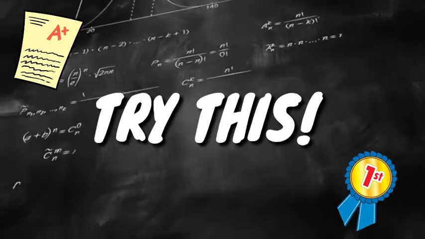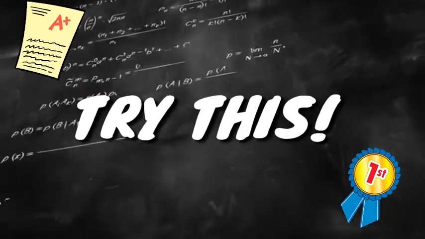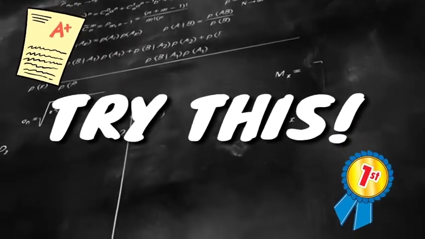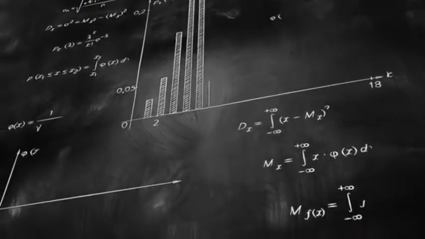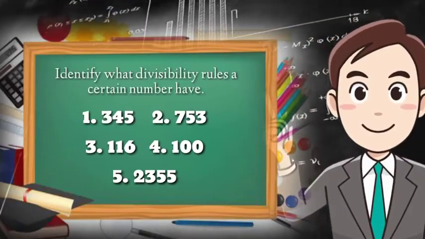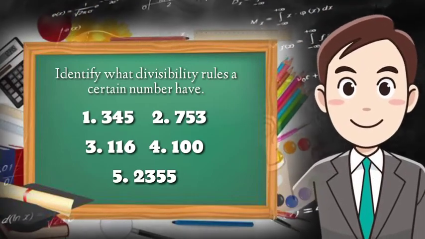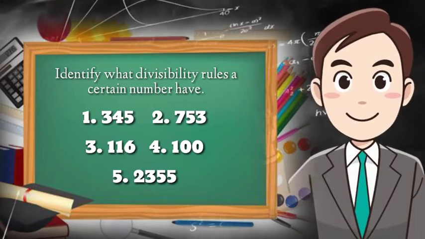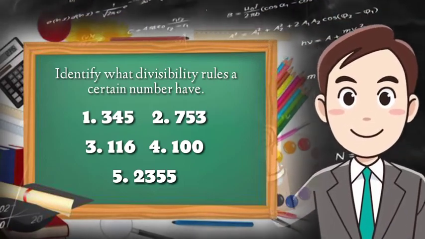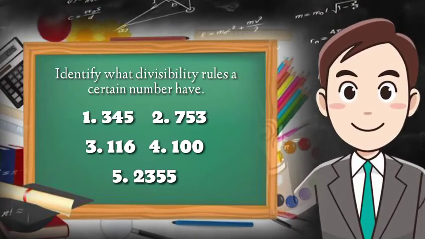So let's try this. Identify what divisibility rules a certain number has: 1,345; 2,753; 3,116; 4,100; and 5,